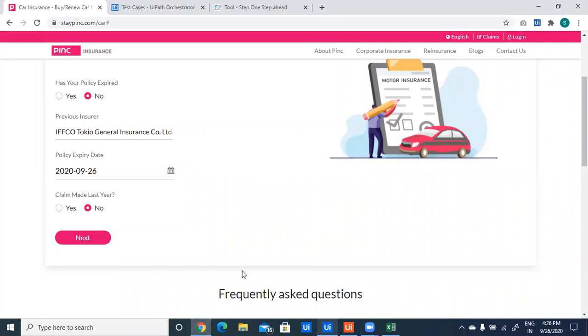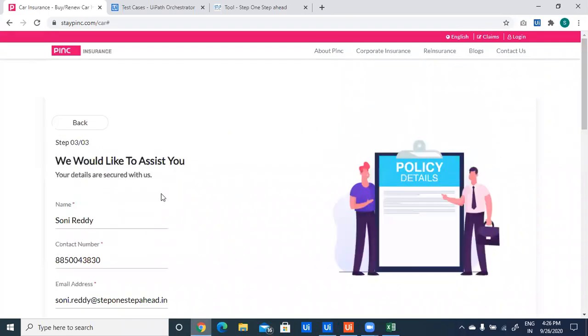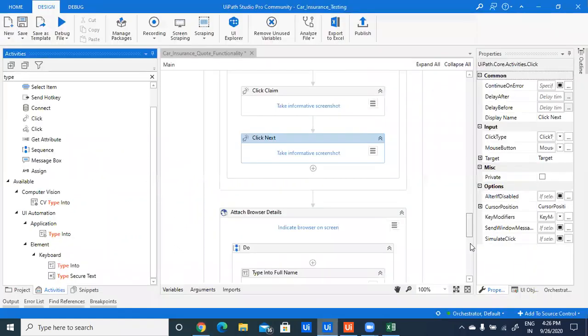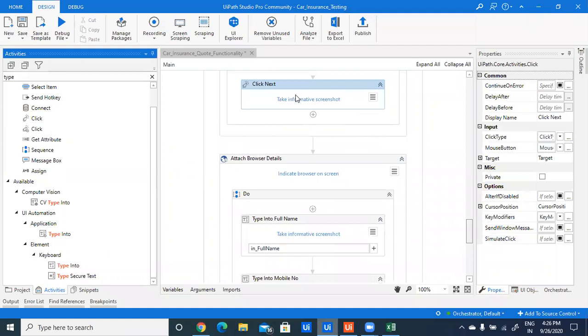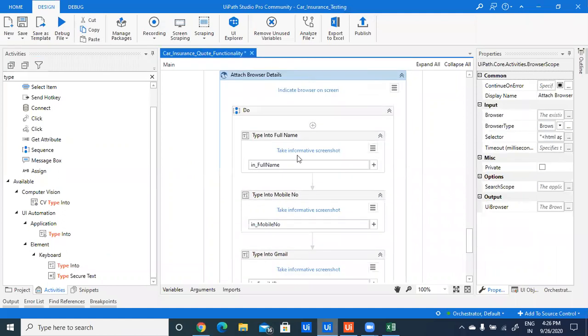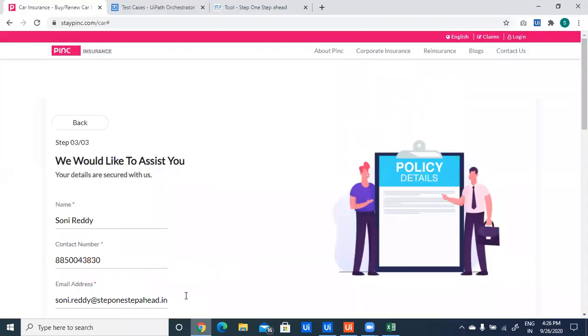After clicking on the next, we will navigate to the personal details page. This is the third page and the title changes, so again I have used an attach browser window. Under attach browser, we are using type into actions to type the name, contact number and email address.